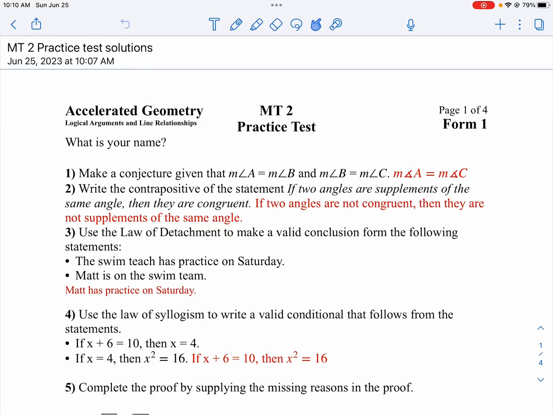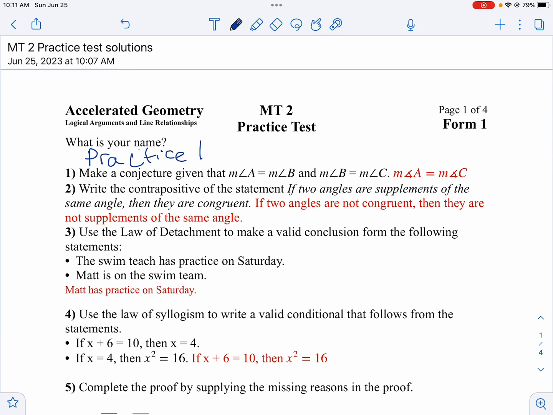Let's review your practice test here. Don't forget your name. Very important. On question number 2, whoops, I don't know, I put practice test there. It's your name. Okay, in question number 2, we want to make a conjecture